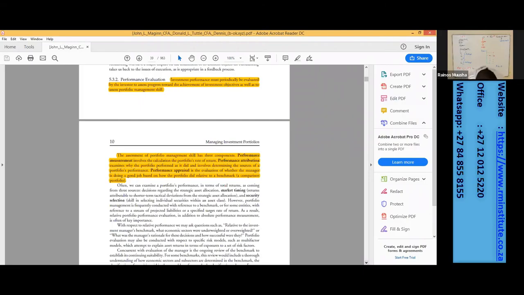So the assessment of portfolio management skill has three components: performance measurement, which involves the calculation of the portfolio rate of return; performance attribution, which examines why the portfolio performed as it did and involves determining the sources of